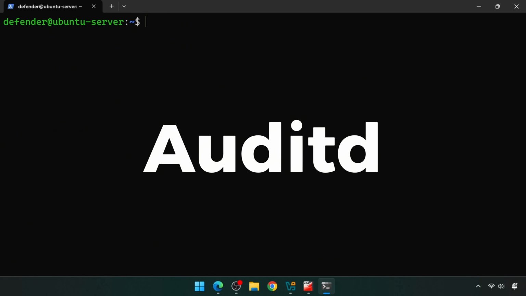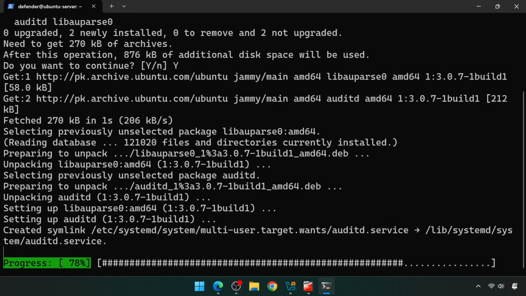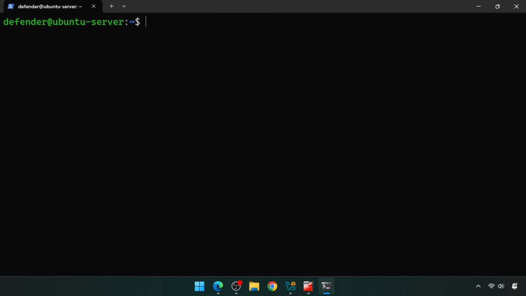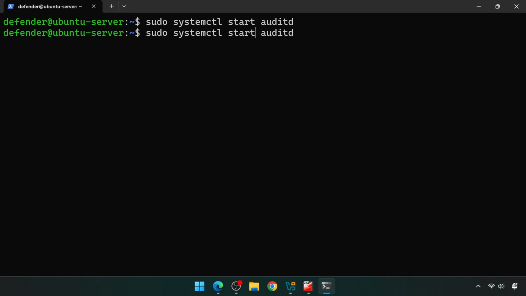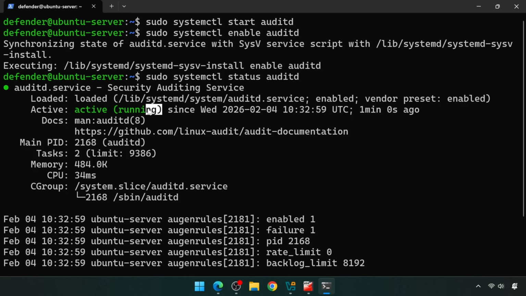Now we install Auditd for advanced system auditing. This is where our approach differs significantly from week 4. Instead of building up to logging, we are starting with comprehensive logging and then layering other security controls on top of that foundation. Type sudo apt install auditd and let it install. Once that completes, we need to start the service and enable it to run automatically on boot. Type sudo systemctl start auditd to start it now, then sudo systemctl enable auditd to make it permanent. Check the status with sudo systemctl status auditd, and you can see it is active and running.